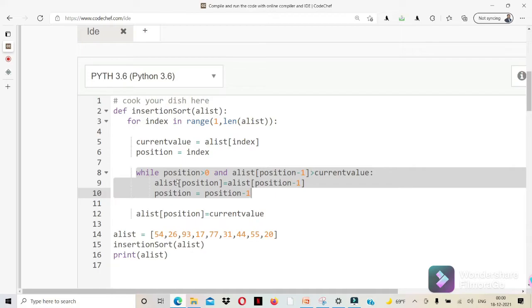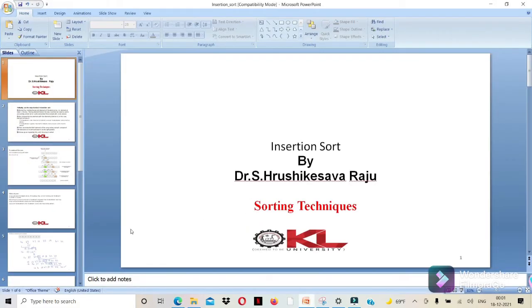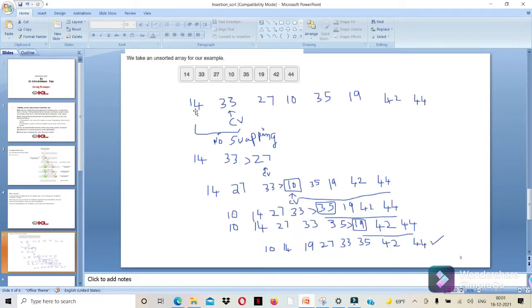Okay, so if you consider the example we already saw, 14 33, so 33 is the current element, and the position is also 1. The array starts from index 0, so this index is 1.